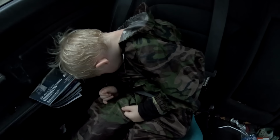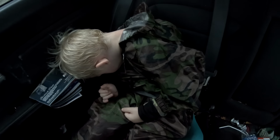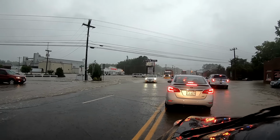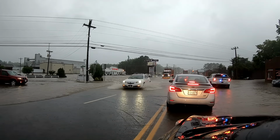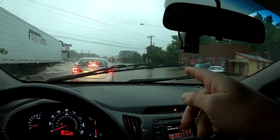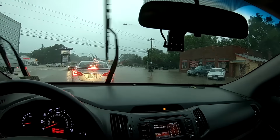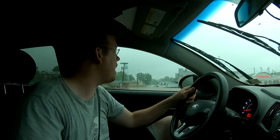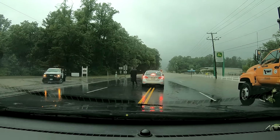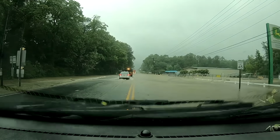In a quarter of a mile, turn left. Check it out, we got some flooding going on here. There's a car over there that hit a deep spot. It's up to its headlights in water. Jeez. We're going through it. Let's see what happens. Stay on this yellow line. That'll be the lowest point of the water. Gotcha. Don't get over to the edge because